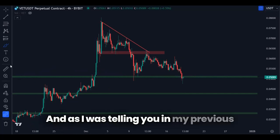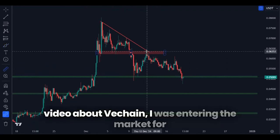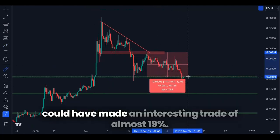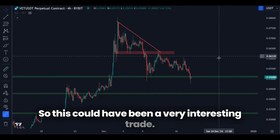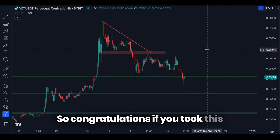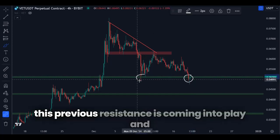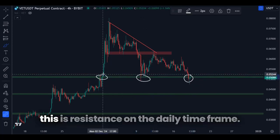And as I was telling you in my previous video about Vechain, I was entering the market for Vechain here in a short, and from there we could have made an interesting trade of almost 19%. So this could have been a very interesting trade. So congratulations if you took this trade together with me on Vechain. For now, we can also see that this previous resistance is coming into play, and this is resistance on the